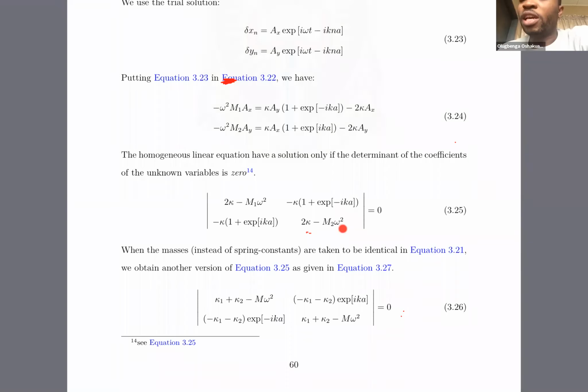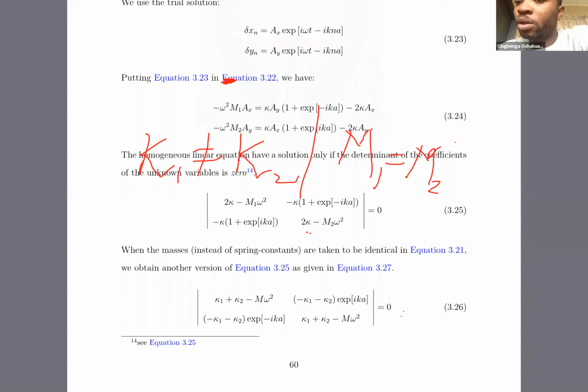In some other way, for us to arrive at this equation 25, we assumed that kappa 1 is equal to kappa 2, equal to kappa. If we had made the assumption such that kappa 1 is not equal to kappa 2, but M1 is equal to M2 is equal to M, we wouldn't have had this equation 25, we would have had equation